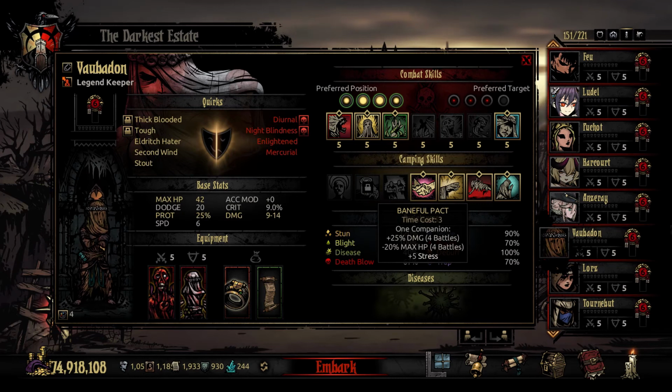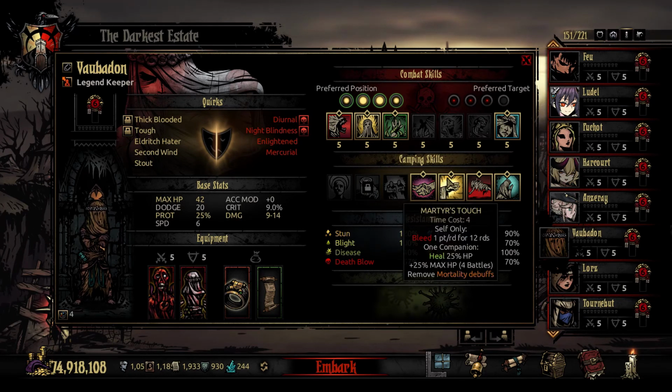So I wouldn't worry. And it's cheap. Time cost 3. Cheap means good. The next combat skill is Martyr's Touch. Martyr's Touch is a really expensive time cost 4 with a chance to be inflicted with a bleed of 1